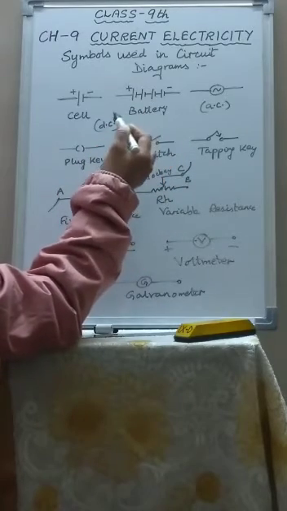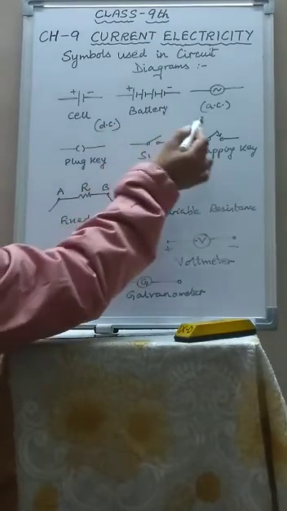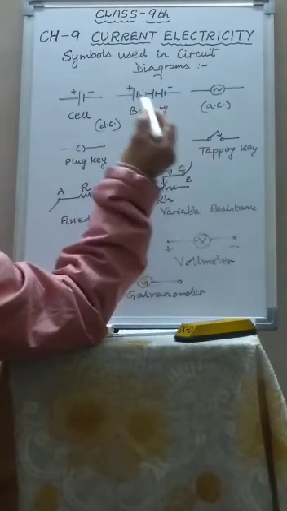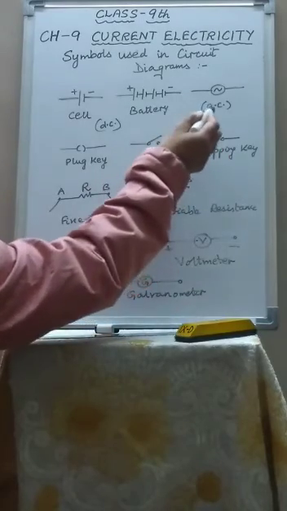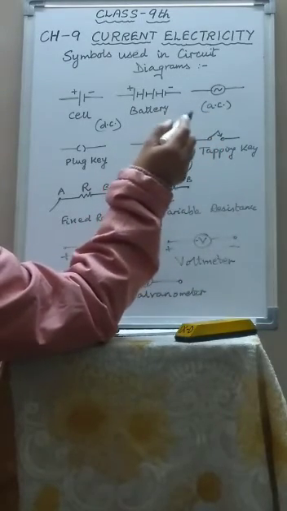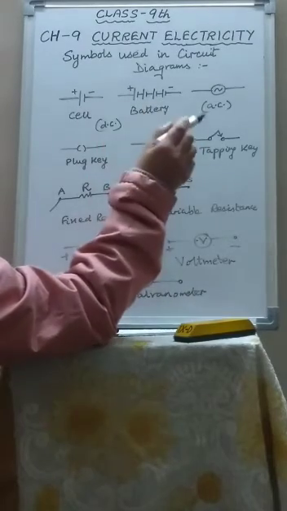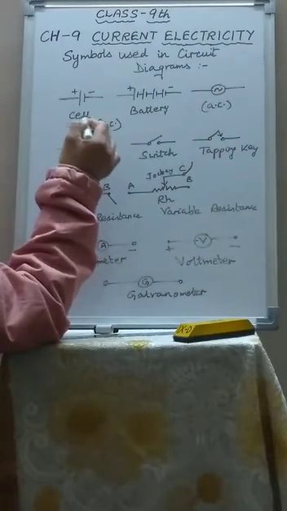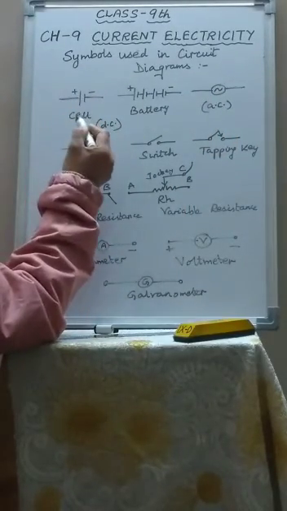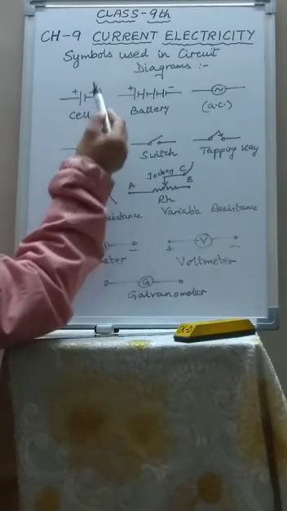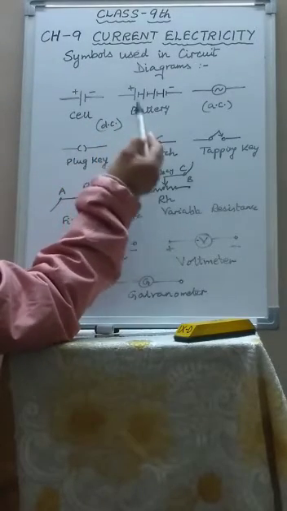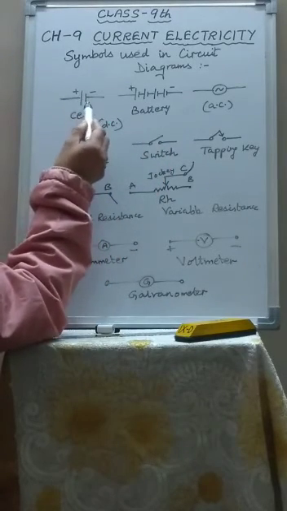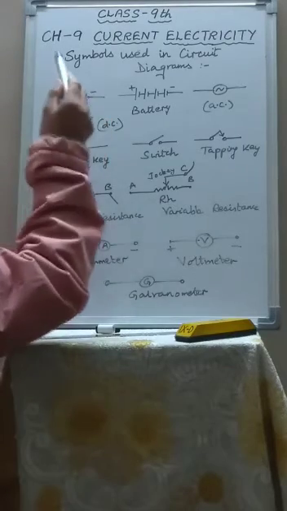There are two types of sources, DC as I have already told, and another is AC. AC is alternating current. The source of electricity which comes from the mains is AC electricity, because its value continuously changes. Magnitude of current is changing and direction is also changing. So AC is represented by this symbol, and for DC we have cell and battery. So what is the difference between cell and battery? This is a cell, and when we use a combination of cells connected in series, then it becomes a battery. This longer line represents the positive terminal of the cell and the smaller line represents the negative terminal.